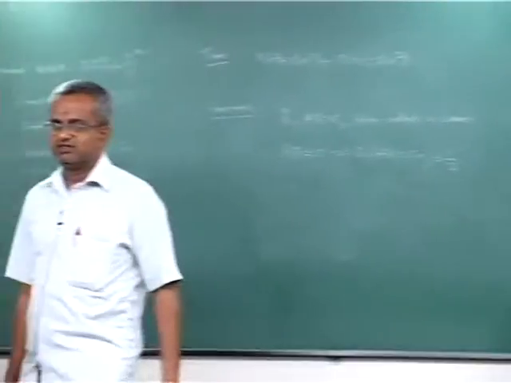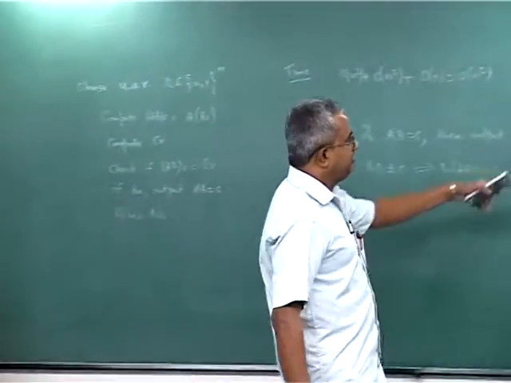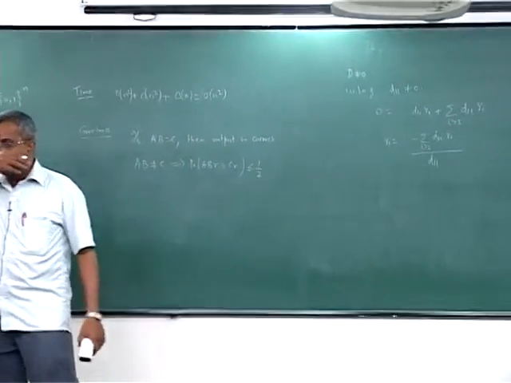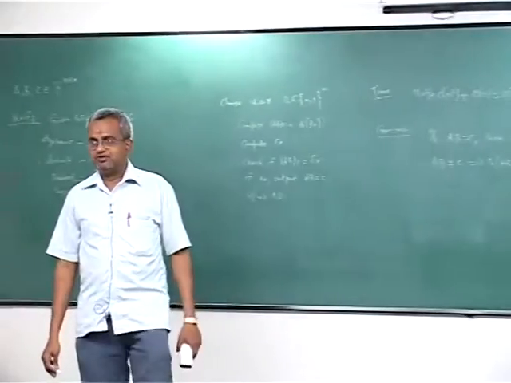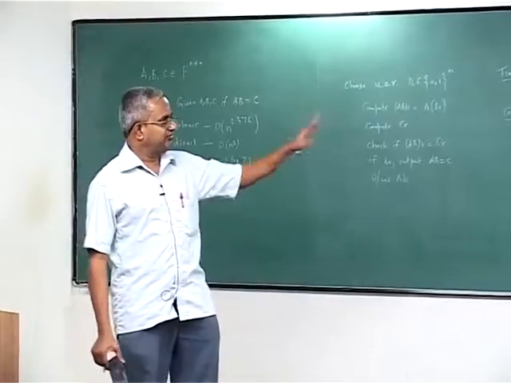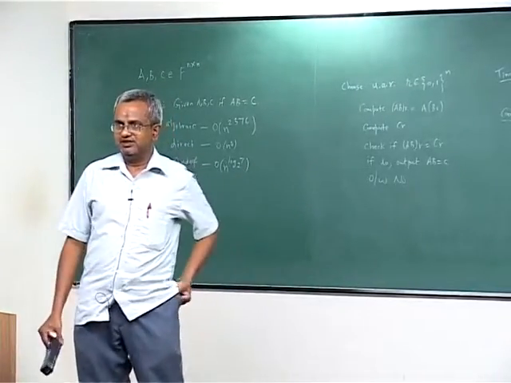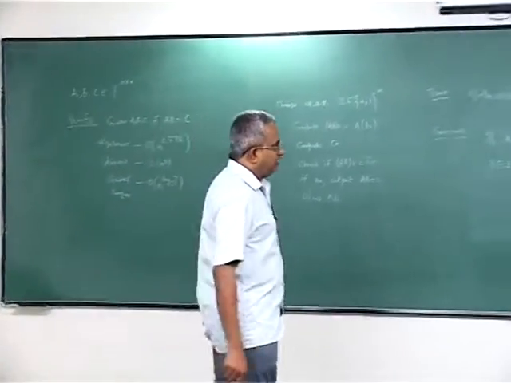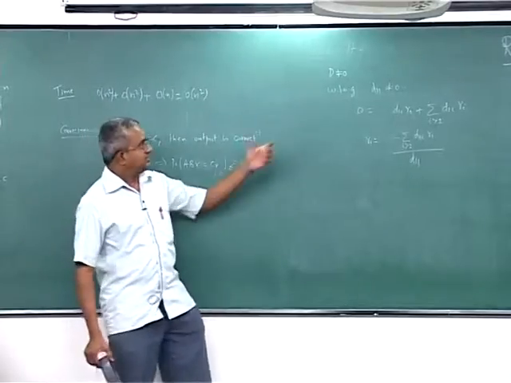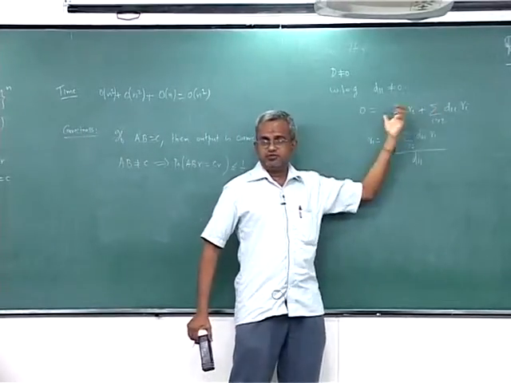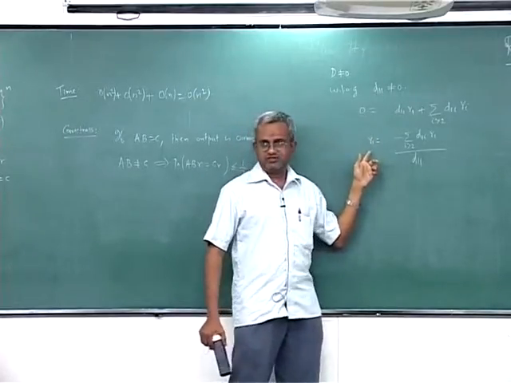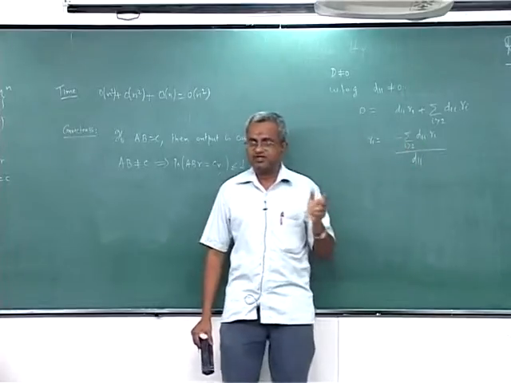D11 is non-zero, I have assumed this to be non-zero, and we are talking about a field. So, every non-zero element has a multiplicative inverse. So, you multiply by the multiplicative inverse, that is equal to dividing, that is what we mean by dividing. So, what does this say? It says that for this summation, this inner product, to be 0, the first component of the random vector R1 should satisfy this condition.